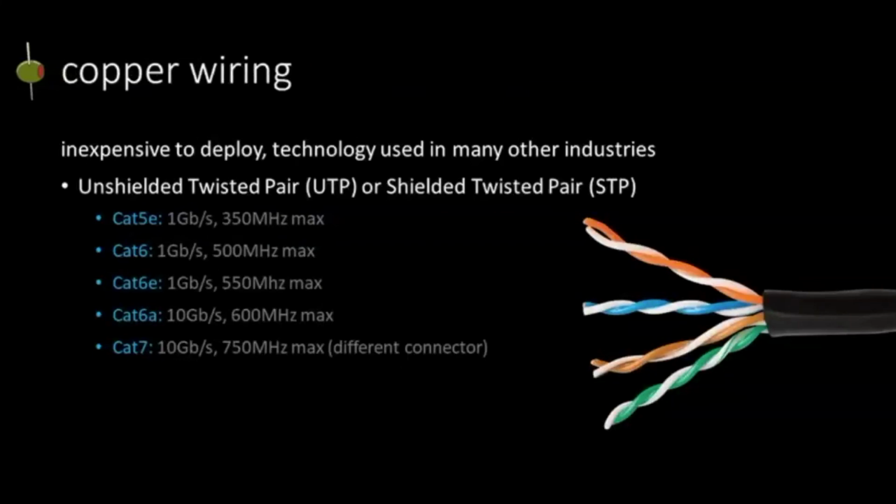There's a lot of different types, and we have a lot of discussions with people often about which one is proper. So you'll notice that Cat5e, Cat6, and Cat6e are all capable of 1 gigabit per second transmission rate. I think people get worried about not having the latest and greatest networking technology, that they're going to be needing to upgrade. And the fact of the matter, Cat5e has been around for over 15 years,